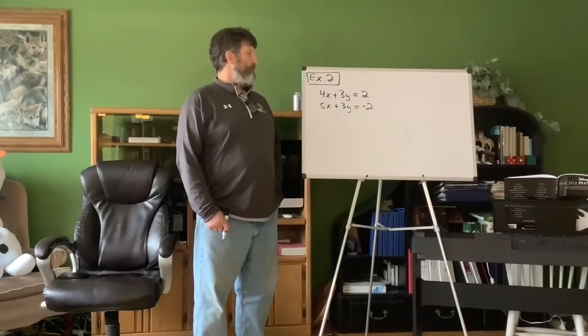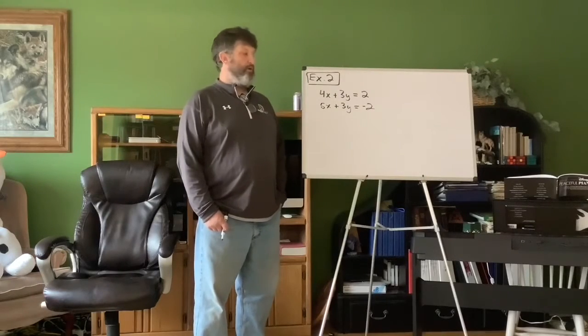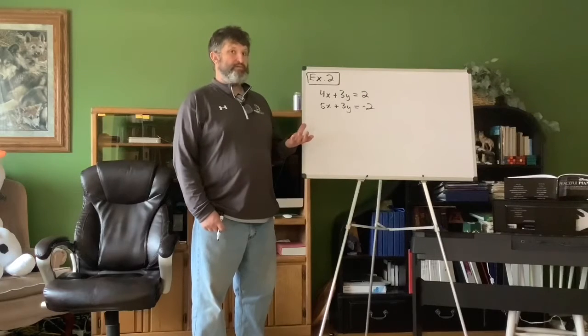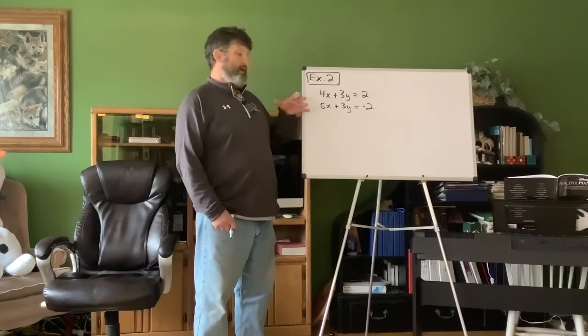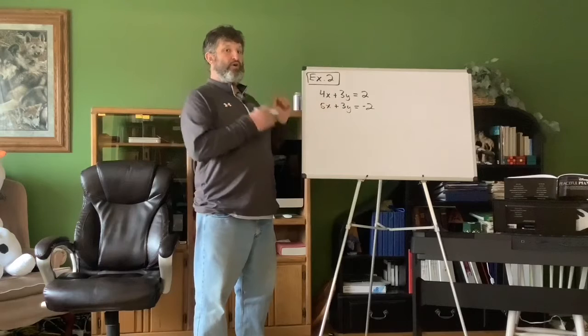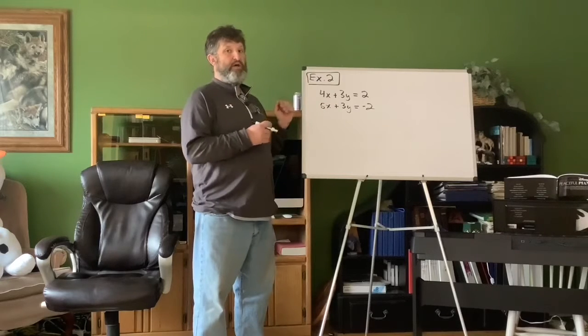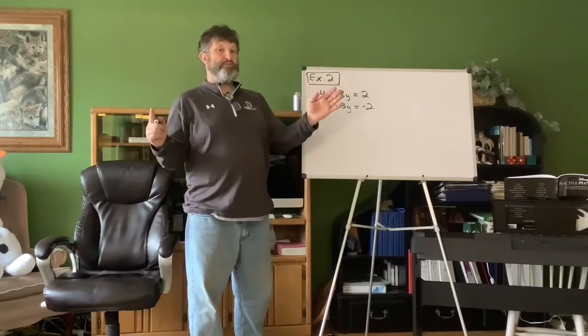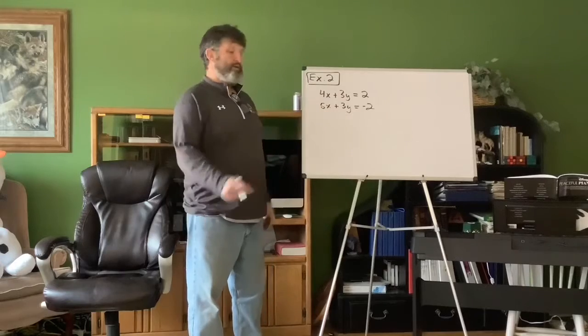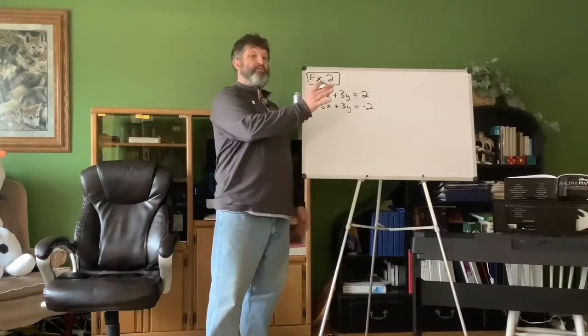All right, so here we go. Example number 2. Notice, again, no naked variables. I know, I'm going to say that over and over and over. As soon as you see no naked variables, you know I want you to go to elimination. Okay? If there's a naked variable, we're doing substitution. I'm going to keep saying that because eventually we're going to have a quiz and we put all of this